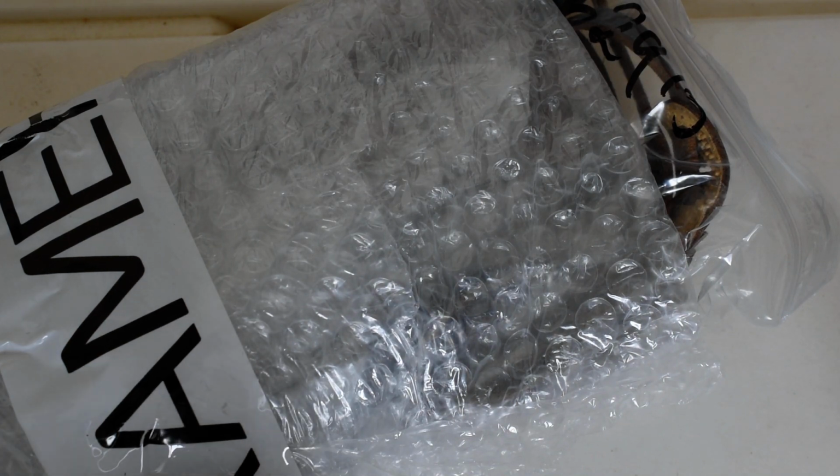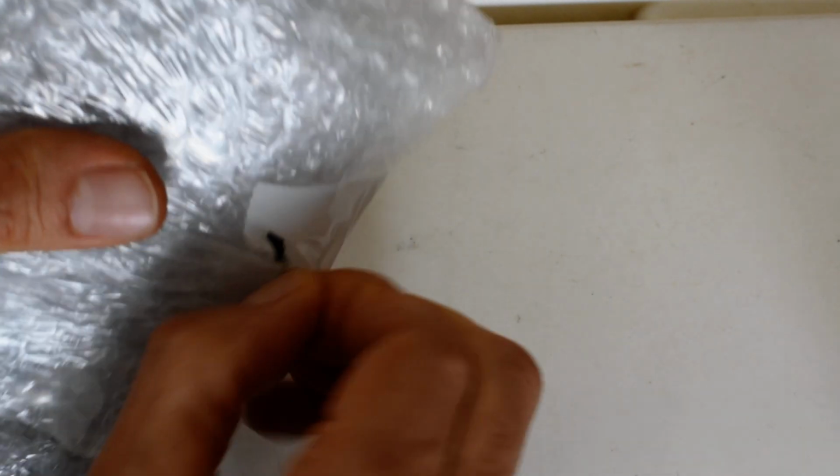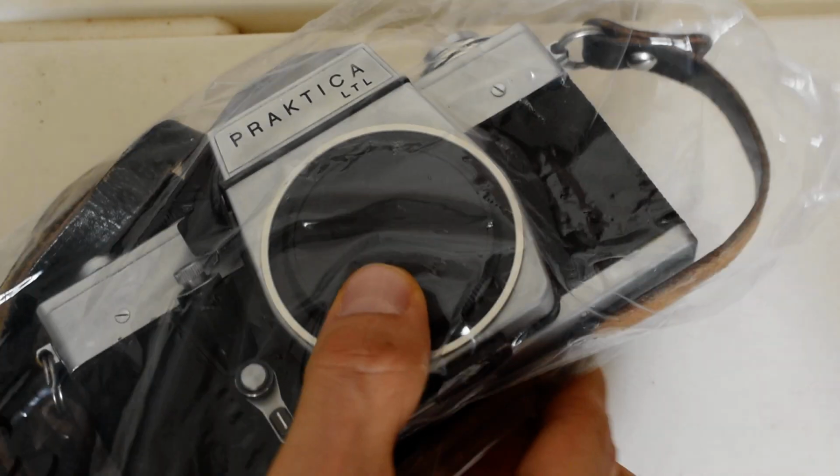I had noticed this on the website some time ago, and I almost bought it. I was thinking about it, but I said, nah, I don't need anything. It was 49 euro, something like that. Then the sale came around, and this camera, which had been in inventory with the camera store for months. This thing must have been sitting on the shelf for a good 6 months or so, if not longer, and nobody wanted it, unloved, unwanted,